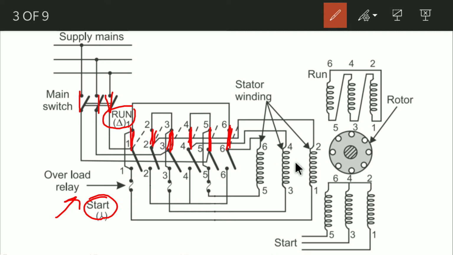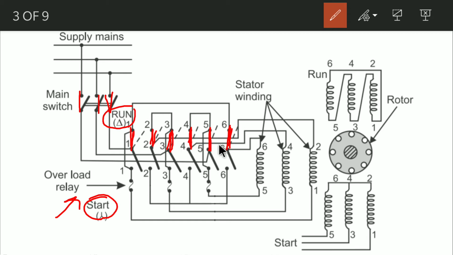So phase 1 reaches 1 as well as 6. Similarly, phase 2, which is connected to terminal number 3, is connected through this link to 3 number terminal of the stator winding, and through this link to the